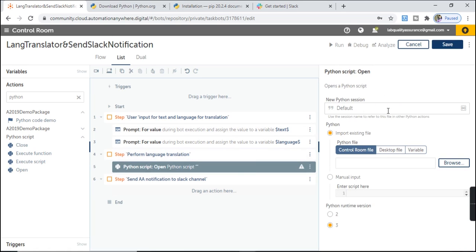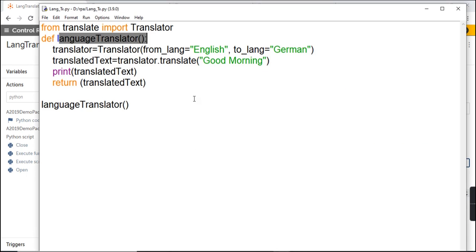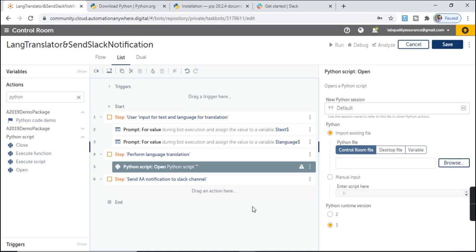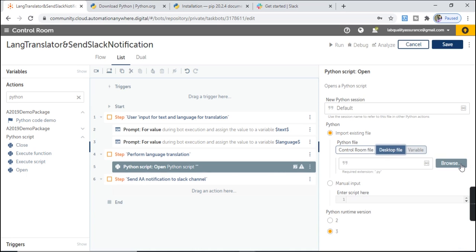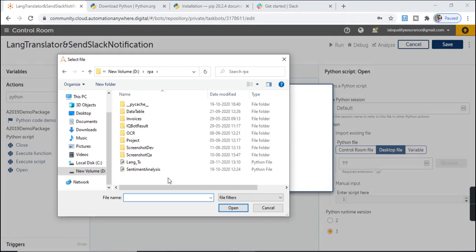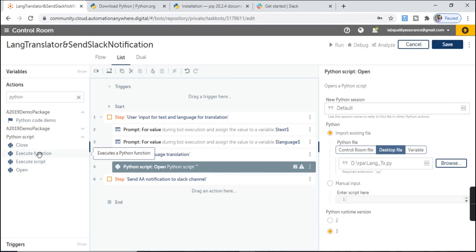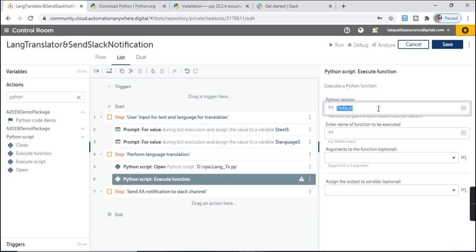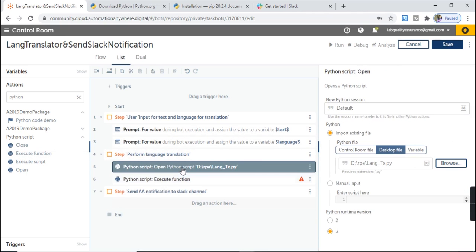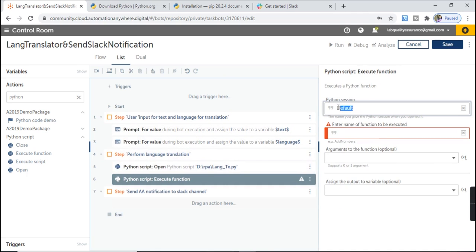Let's take the session name as default, and let's provide the file path of this file. So let's move to desktop file. Let's hit browse, and from this RPA folder let's select this language translation Python file. Let's open this one. Next I will use this execute function. Python session will be default. Make sure that you provide the similar session names both in open and the execute function. So we'll go with this